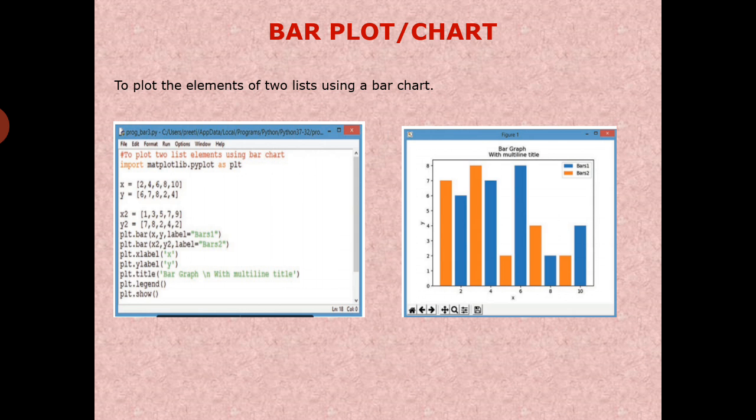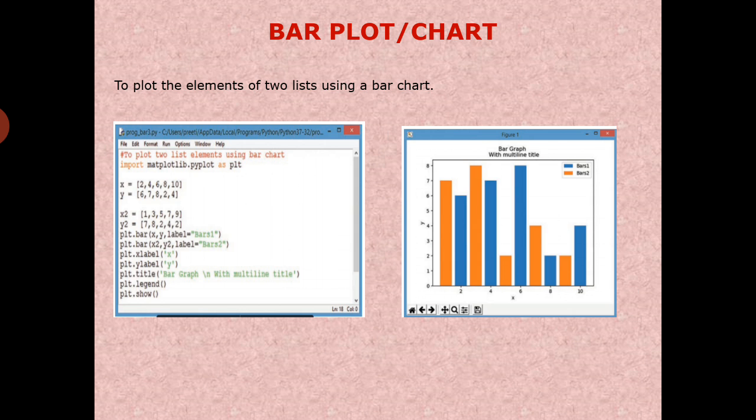plt.xlabel will display the x-axis label as x and plt.ylabel will display the y-axis label as y. plt.title will display the chart title as 'bar graph with multiple title'.